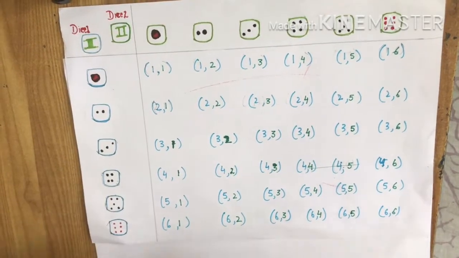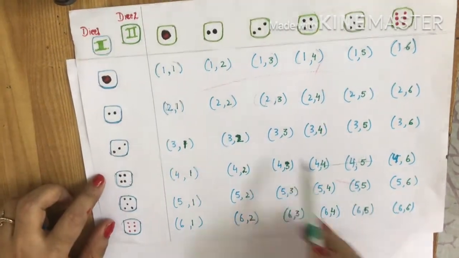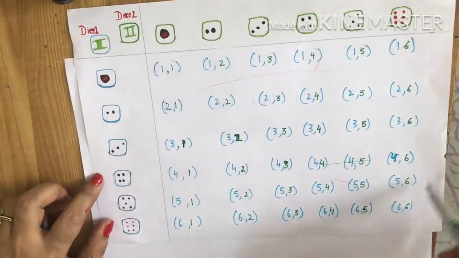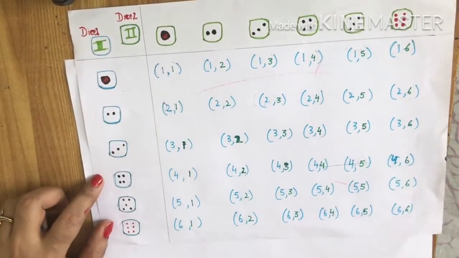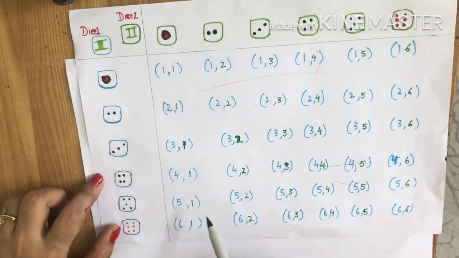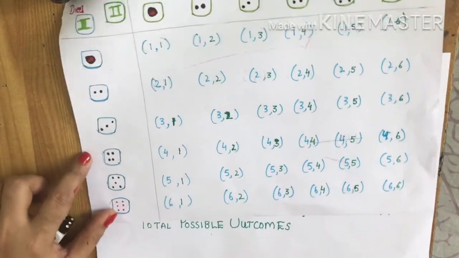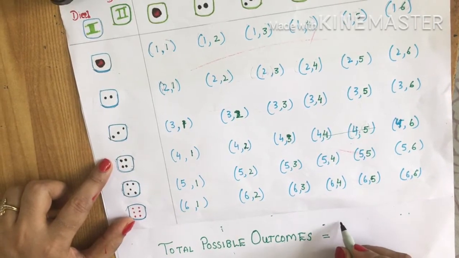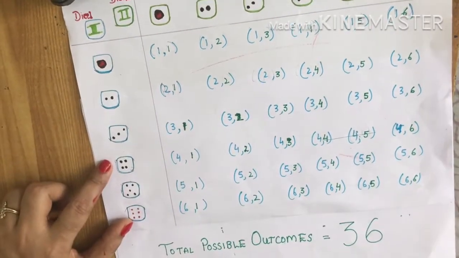So children, what did you see? When we throw 2 dice, we get outcomes like this, right? For first dice, for second dice, we can make the sample space like this. These are all the possible outcomes, fixing 1 dice and writing the outcomes for the other dice. In this way, a sample space can be written. So total we can say 6 multiplied by 6, total possible outcomes when we throw 2 dice is nothing but 36. Okay, so in this way you can write the possible outcomes.